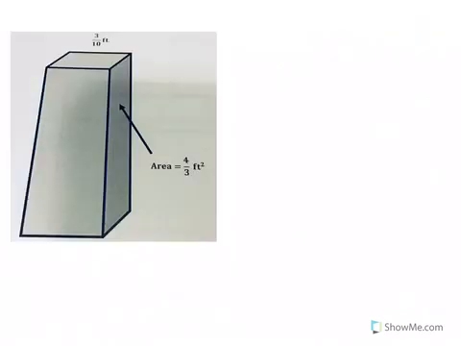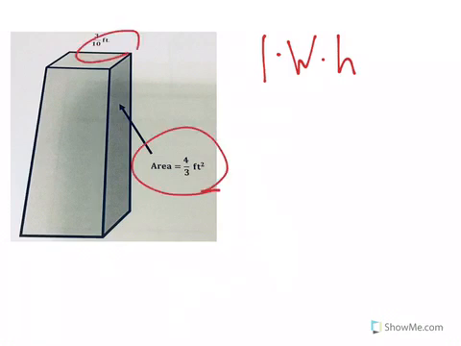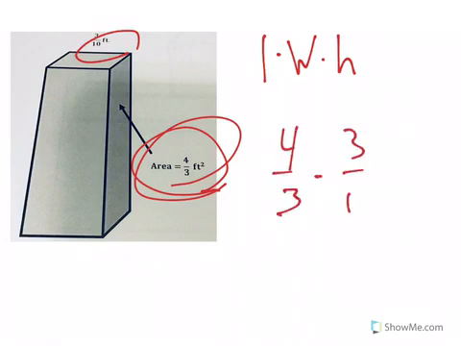Okay, now, look at this. Now we're in some business here, because we can't just say length times width times height, because they haven't given us length and width and height. They've given us the area of a base, and they've given us 3/10 of a foot. So what we can do, if this is the area, that's length times width, and 3/10 of a foot is the height, we can then take 4/3 times 3/10